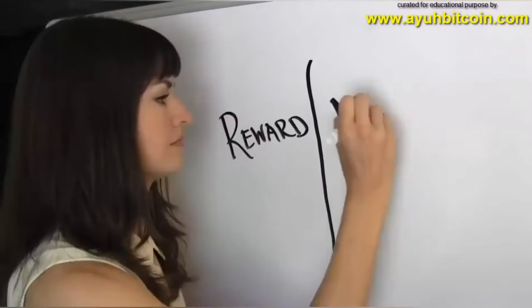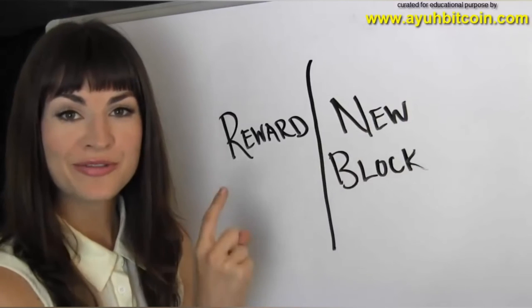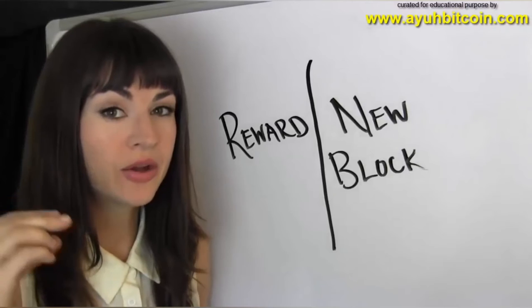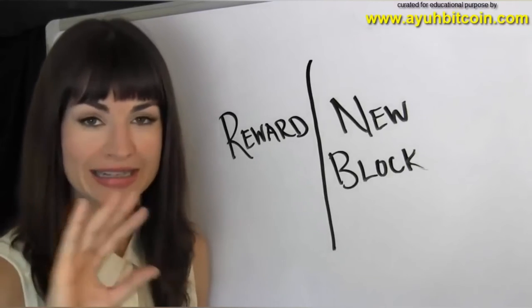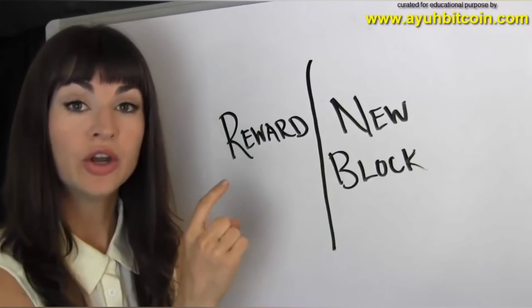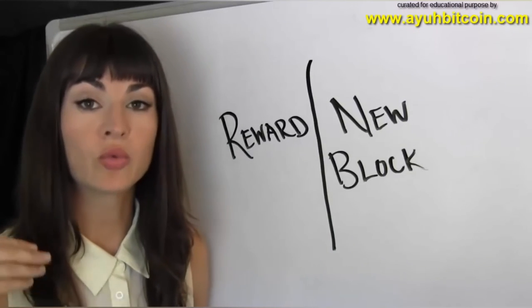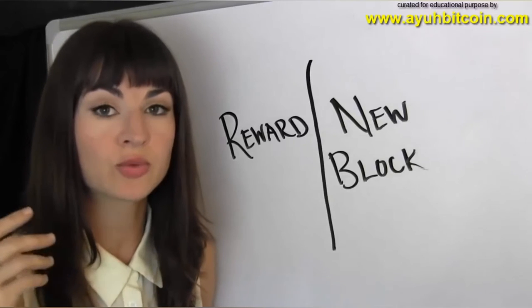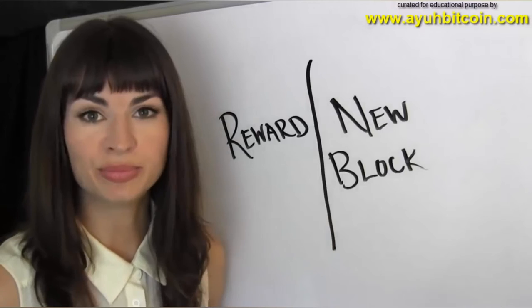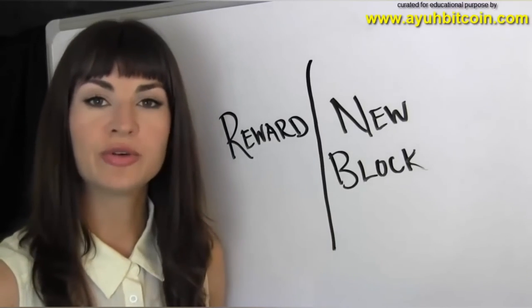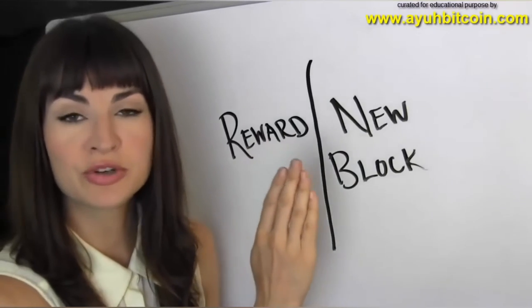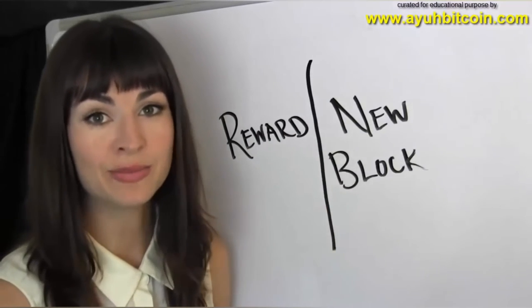Well, two things happen, actually. First is that he gets a reward of newly created coins on the blockchain. Yes, I am not kidding. Newly created coins on the blockchain are paid to the miner who solved the math problem as a reward for proving his work. And secondly, he's the one who gets to create the next block. Or in other words, he's the one who gets to publish the next update to the ledger, containing all of the transactions that happened in the last few minutes.